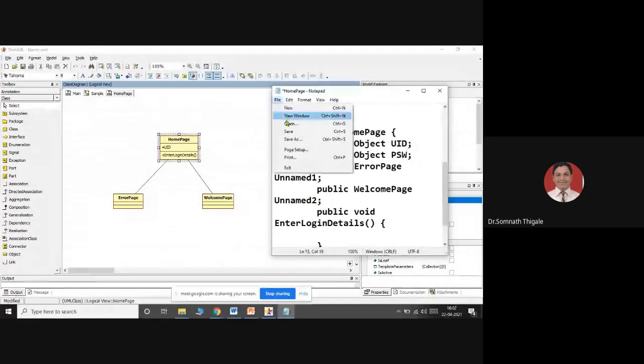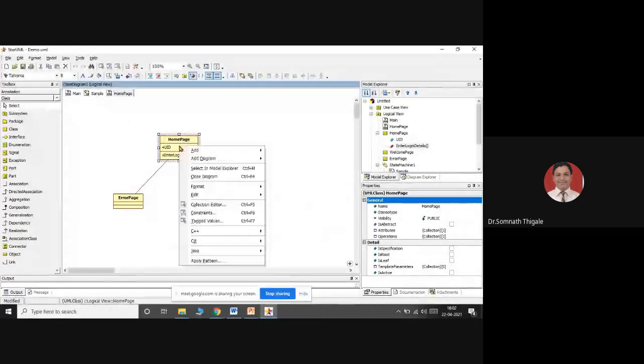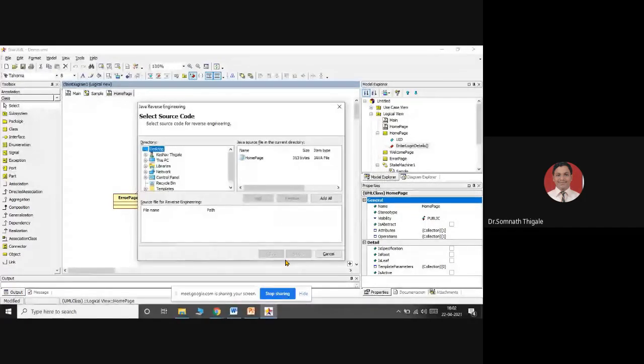I'll save it, save. I'll make the changes inside the code. I'll close the code now. I'll select this, right click Java and select the option reverse engineering. Where is your particular class? On the desktop, home page.